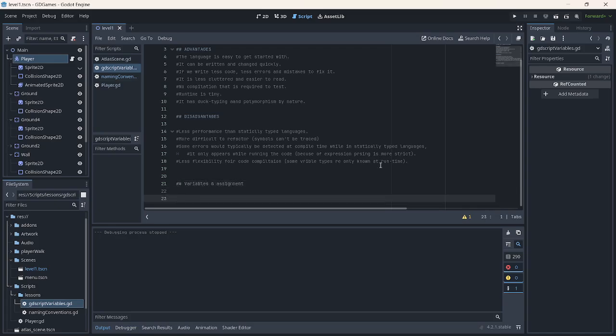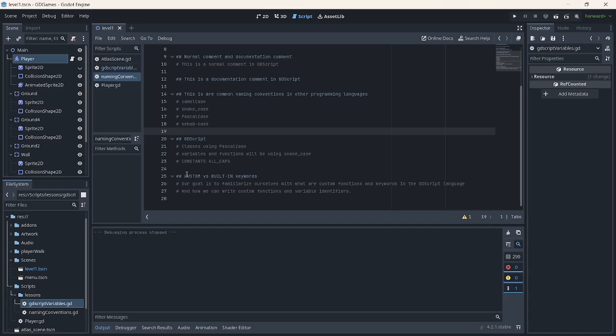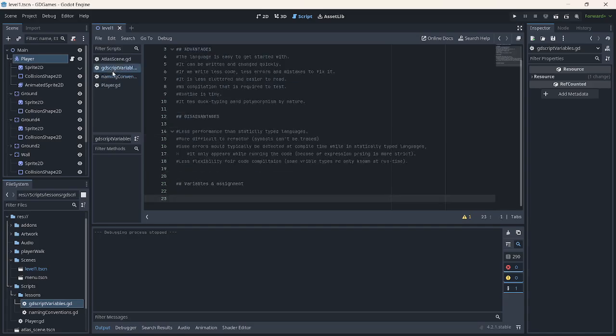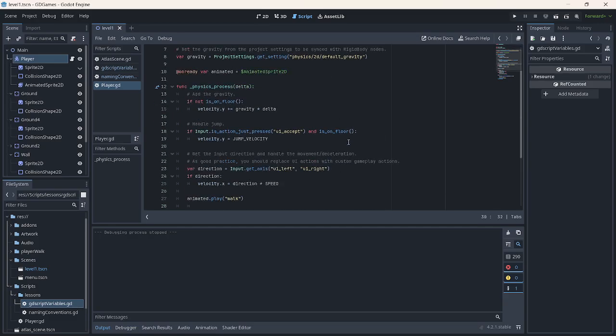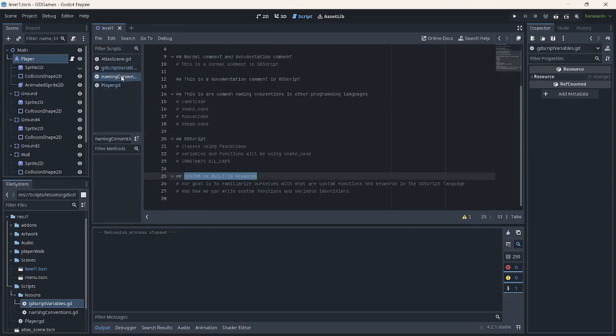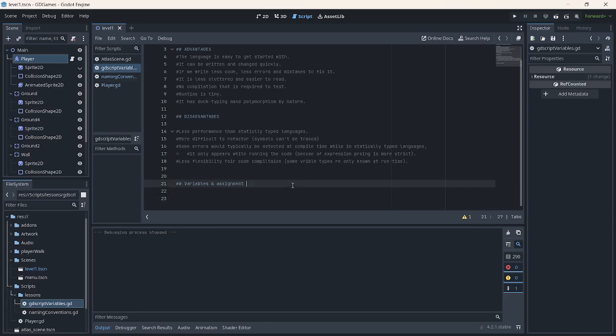In any programming language, we normally have a keyword plus the custom identifier, or what we call the variable name. As we discussed last time, we have custom versus built-in keywords. If we're going to be reading a code base, we want to know what the custom keywords are and what the built-in keywords are that we should be familiar with. That's why I'm going to start with that. And variables are like a bucket. By the way, I'm looking at this from the perspective of a total beginner.